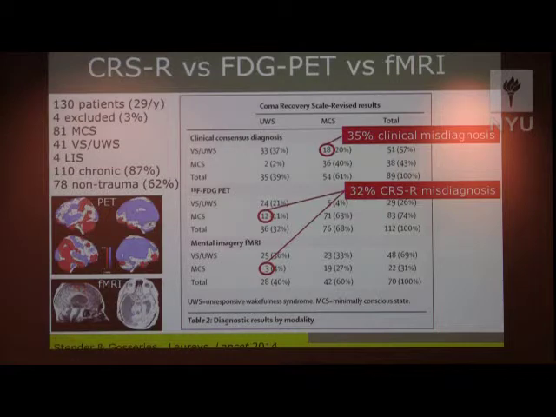And when you do appropriate assessments, even with clinical scales like the Coma Recovery Scale, if you compare the clinical diagnosis without a standardized, validated tool, you can miss, in this series, 35% of clinical misdiagnosis. And then if you have these high-tech tests, the functional neuroimaging, in this case the tennis fMRI test or the PET glucose uptake test, you see that, again, there's about a third of patients still showing surprise findings, meaning that even with the best bedside assessment, Coma Recovery Scale assessment, showing there's nothing, yet you have a surprise finding on